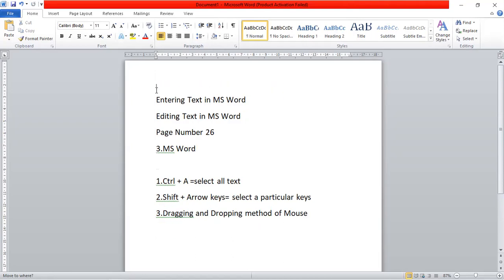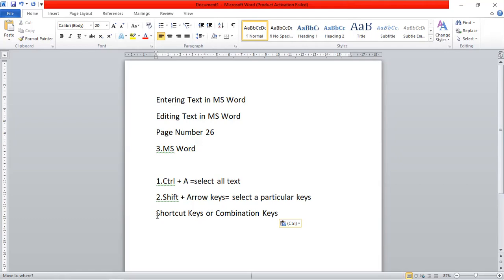Control X. Again, select a particular text by Shift arrow keys and Control V. Control plus X is for cutting the text, Control plus V is for pasting the text. So this is also one of the best methods, Control X, Control V, to shift the whole text or edit a text.